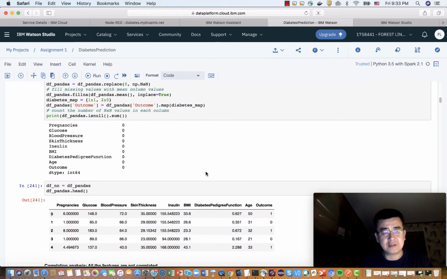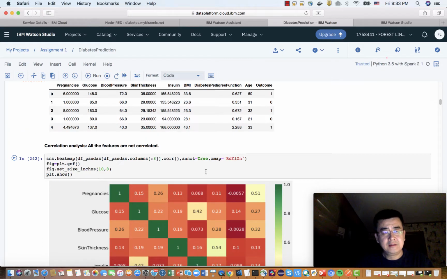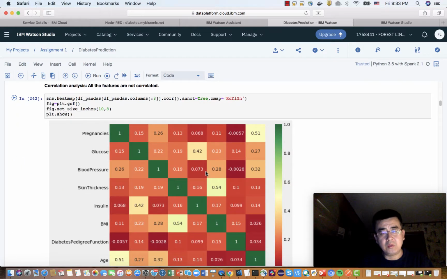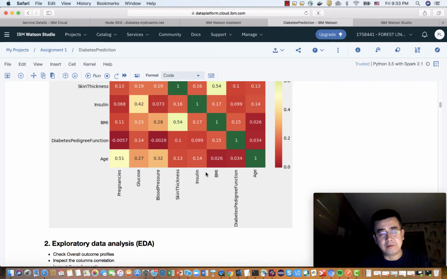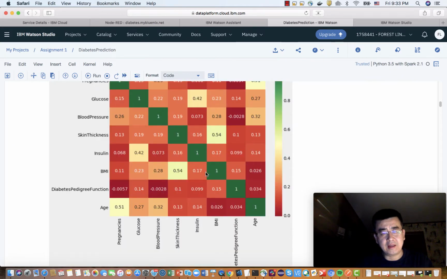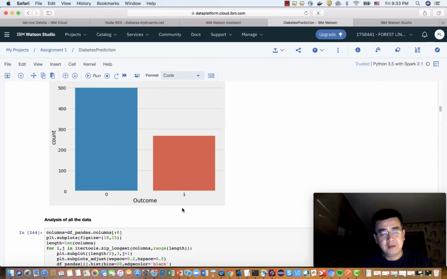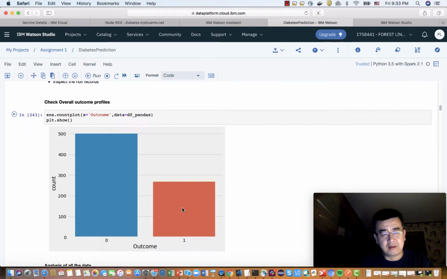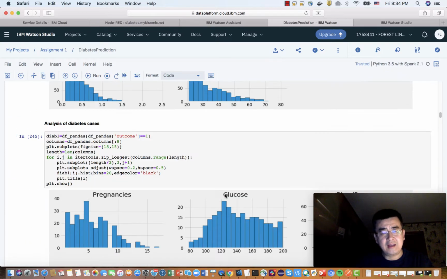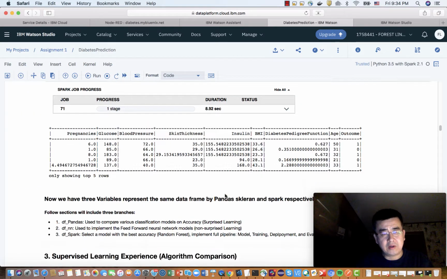And then after the ETL and the EDA, we try to eliminate the duplicate data, and also impute the data with the 0 values, and do some analysis of the data to see, like 65% versus the 35%, and then we quickly apply the model